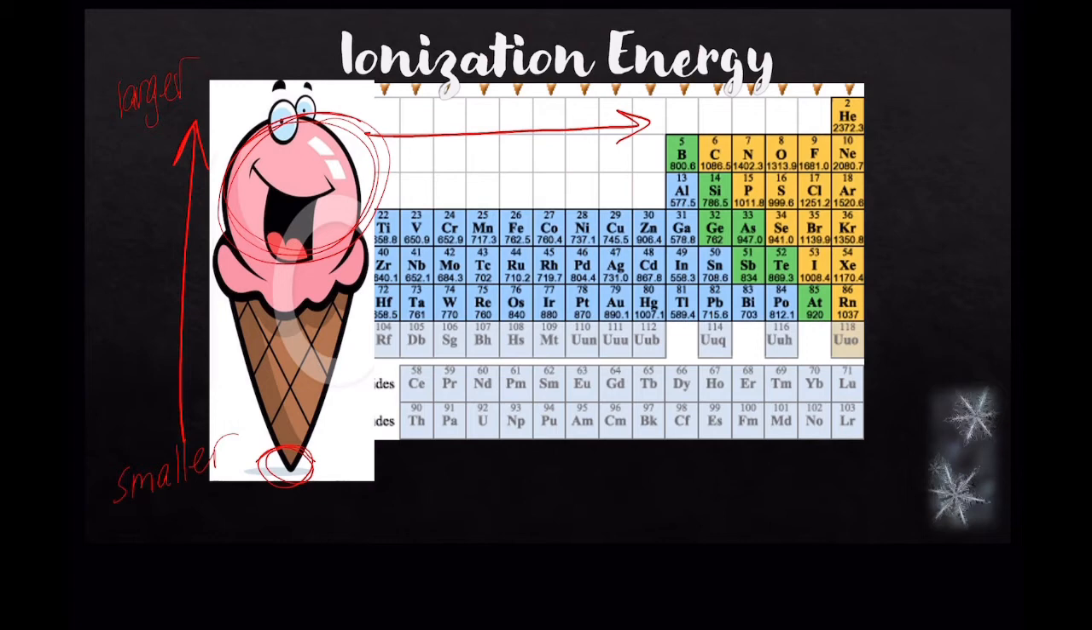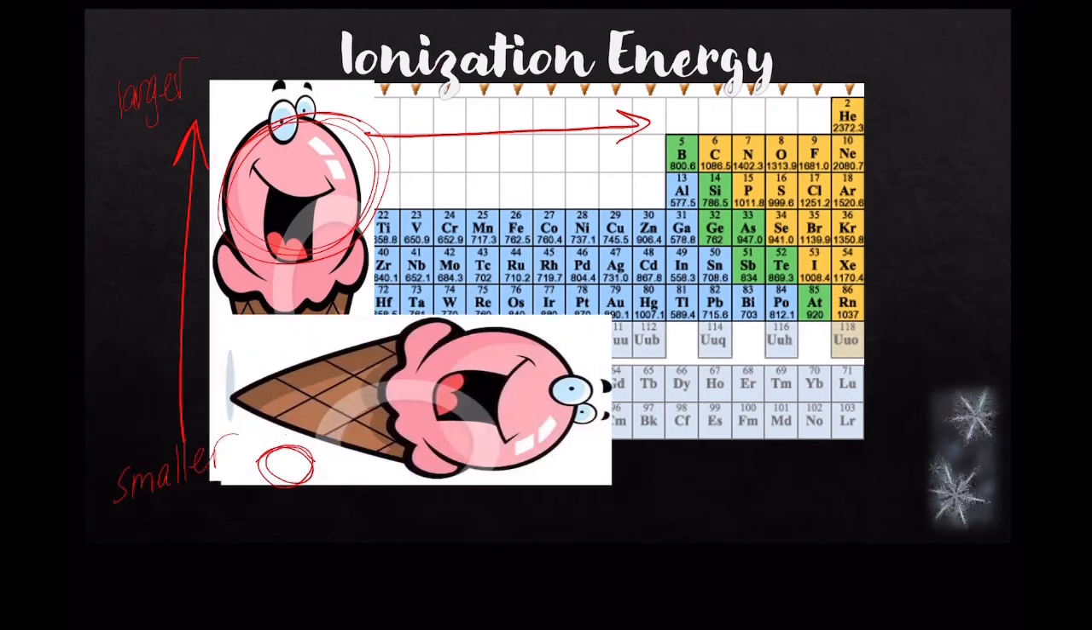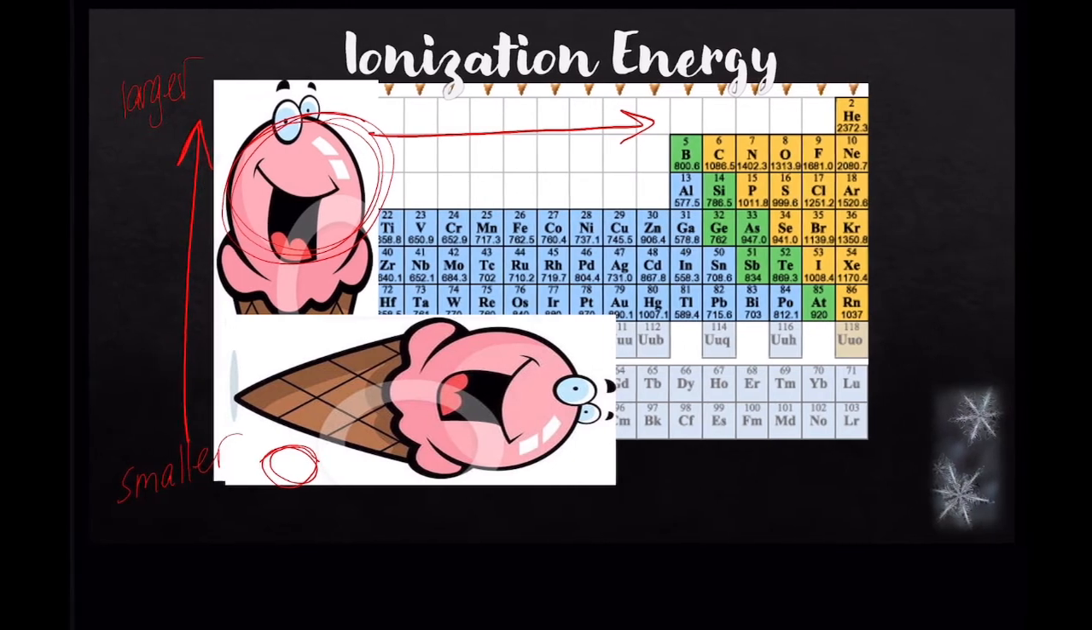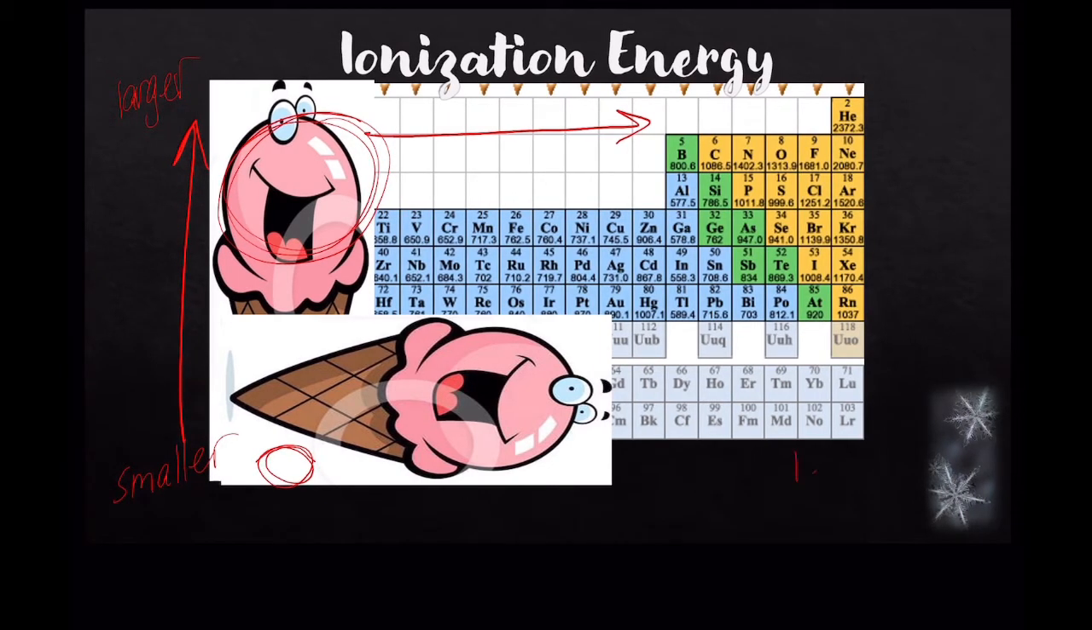The same thing applies if we were to knock over the ice cream cone. If we knock over the ice cream cone, you need to knock it over to the right. Okay? When you knock it over to the right, the same principle applies. The ionization energy is larger at this end of the periodic table. It's larger up here on this side. This is where the nonmetals are, and smaller